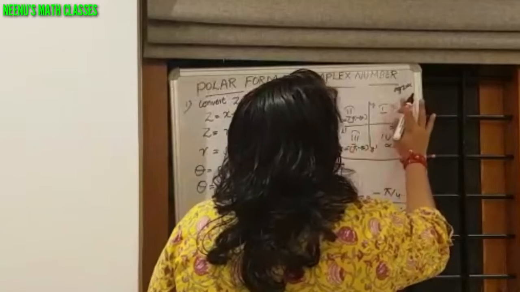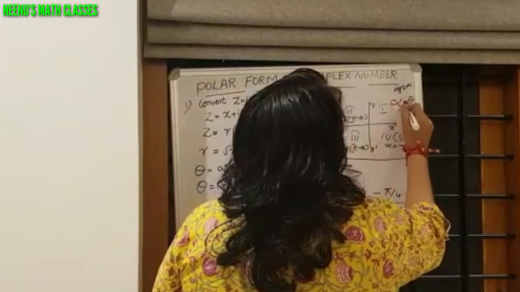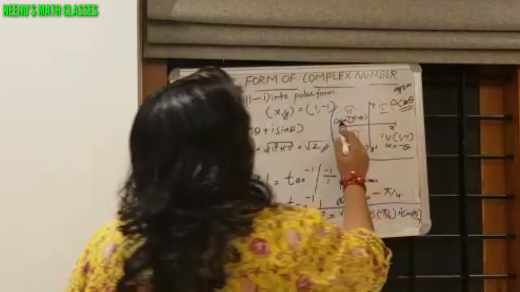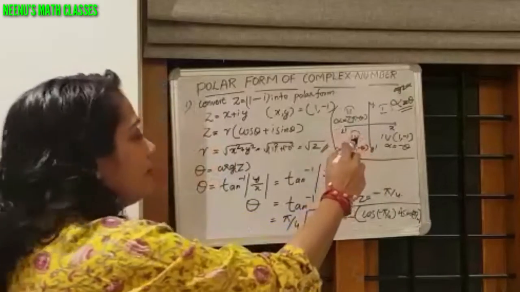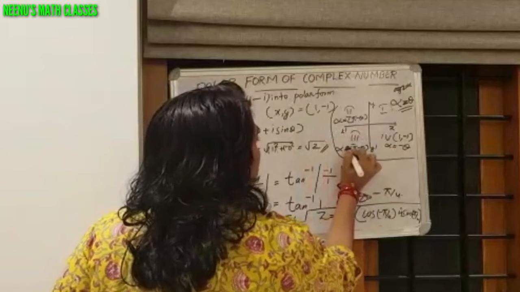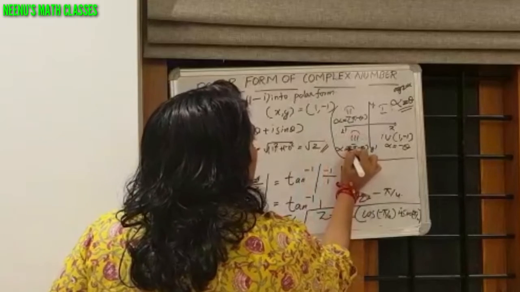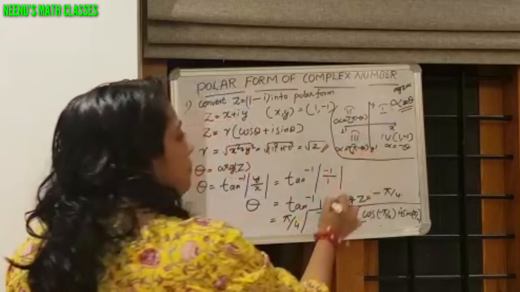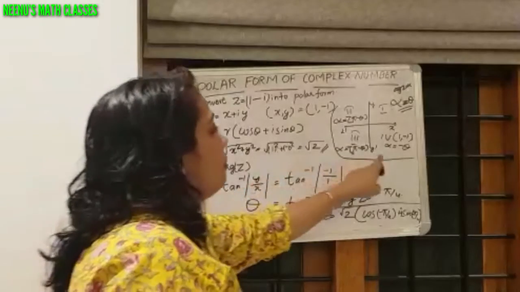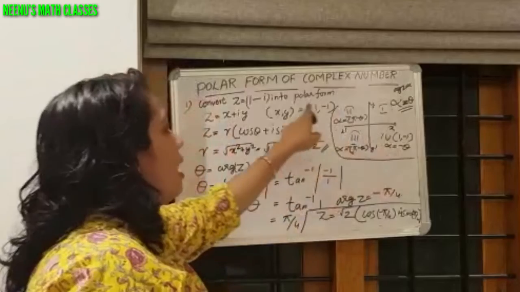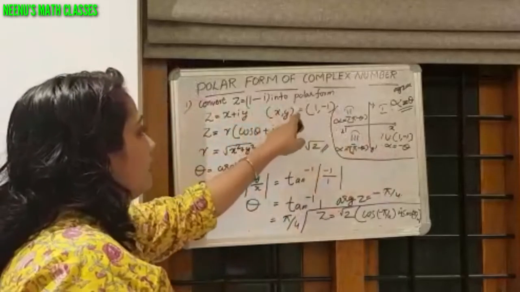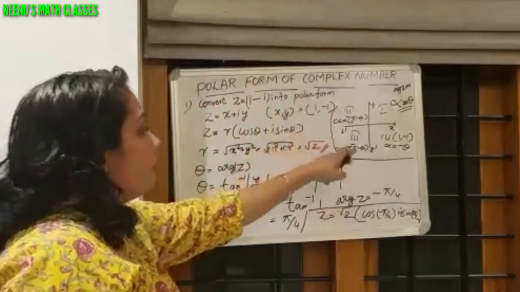Argument Z equal to theta. What is here? Argument Z equal to pi minus theta, that is 180 minus theta. Here the value of argument Z is minus pi minus theta. Here the value of argument Z is minus theta in the fourth quadrant. Our coordinate is in the fourth quadrant.